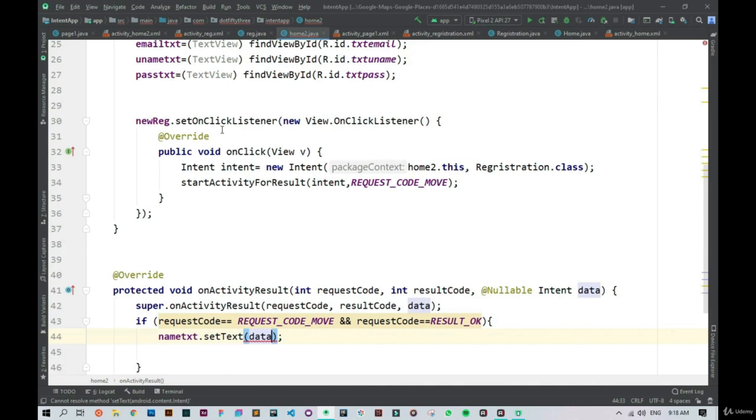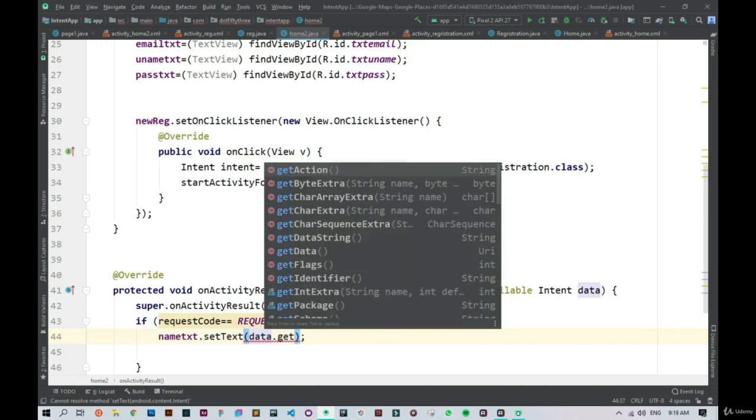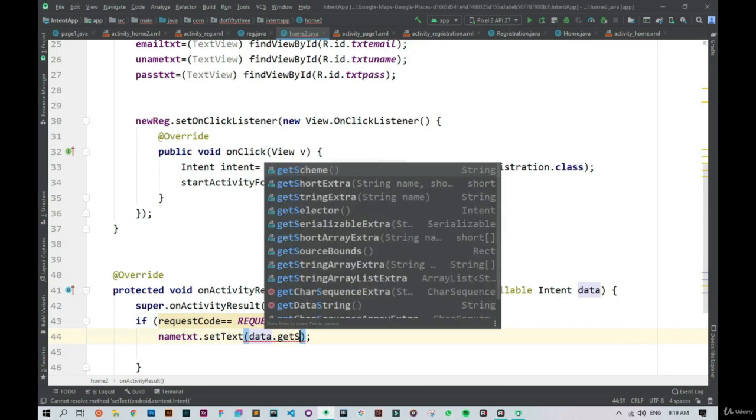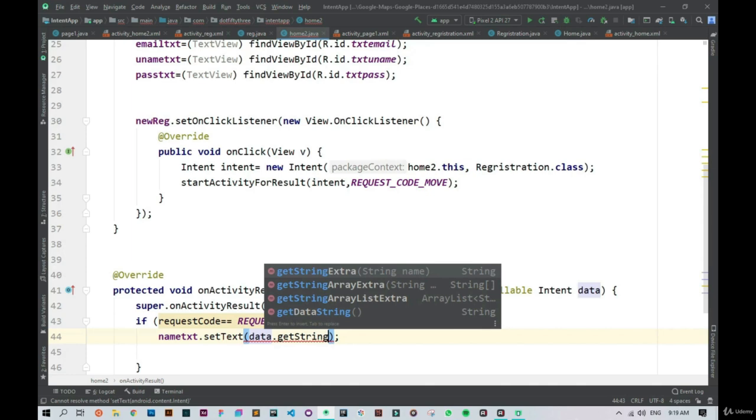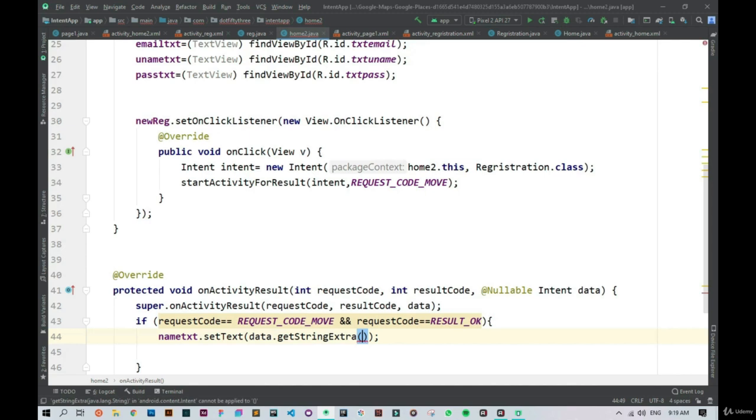We'll say data dot getStringExtra, and then we will say